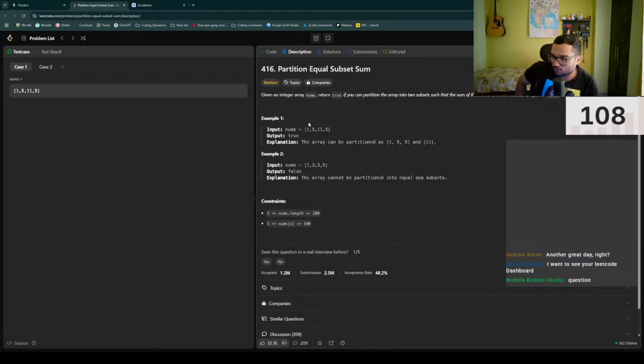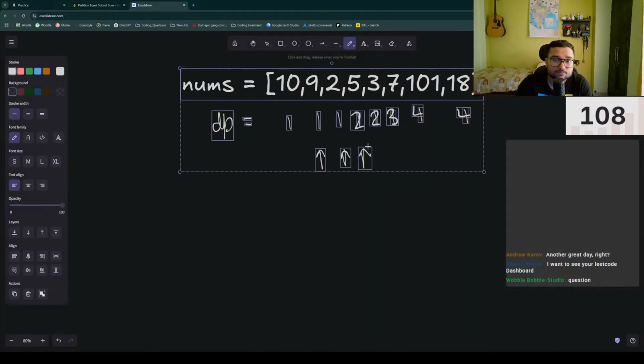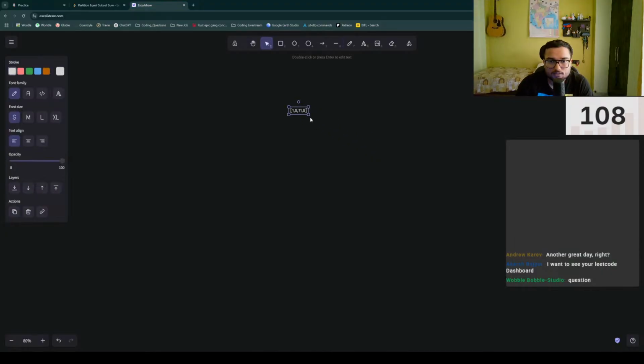Wobble Bobble Studio. Question. What does that mean? Okay. Okay. Brute force approach, I see it as a recursive thing. Like,